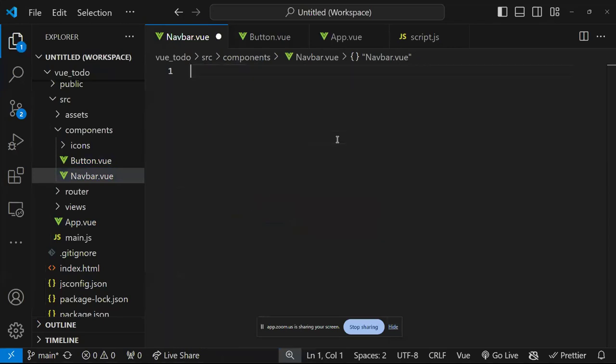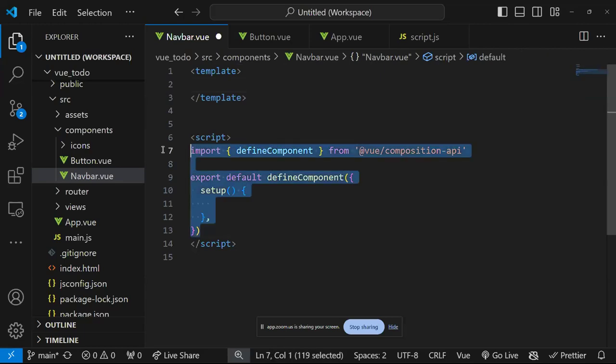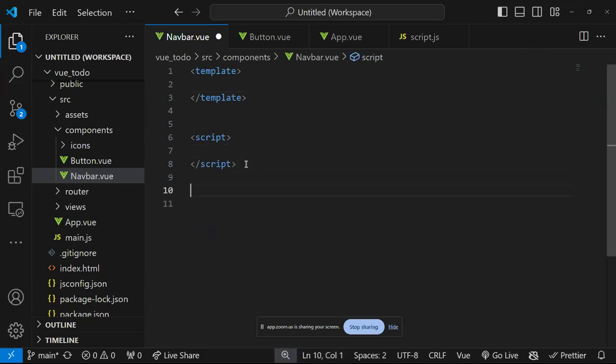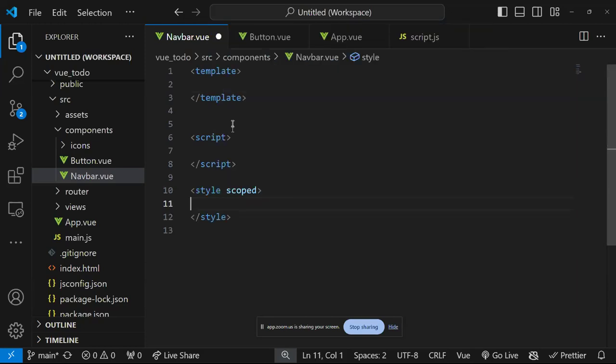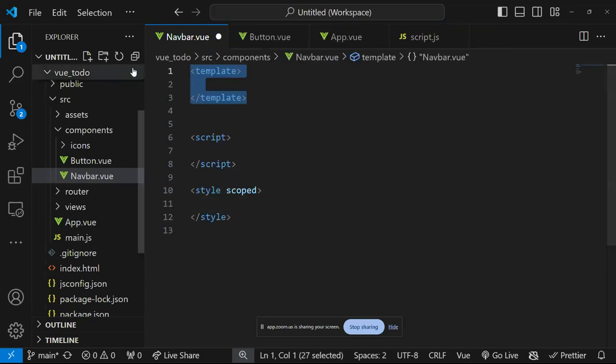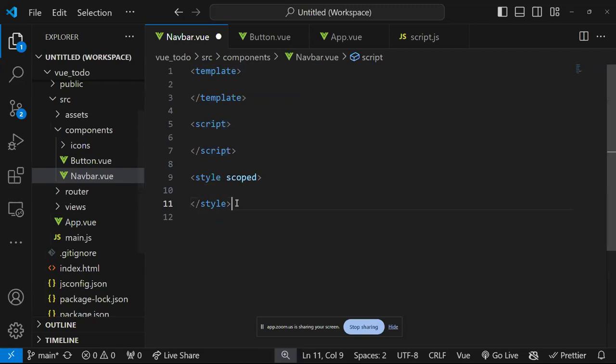Remember, I said the Vue.js template has three parts. It has the template part, it has the script part, right? Forget about all this stuff; these are plugins that are doing it for me. Then it also has the style part. This template part is the HTML part. Are we following? The script part is the JavaScript part, while the style part is the